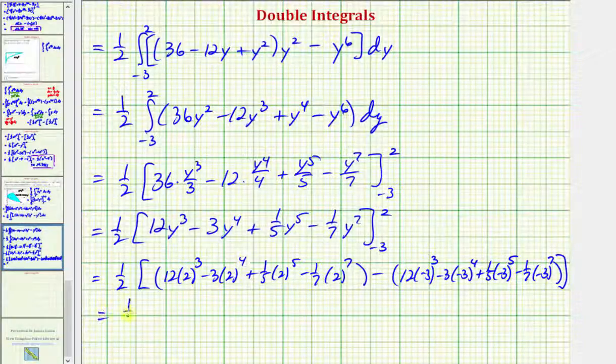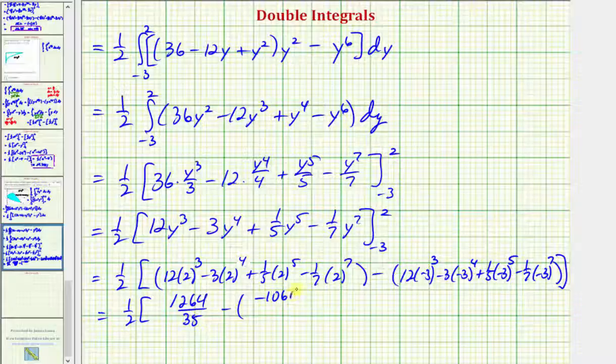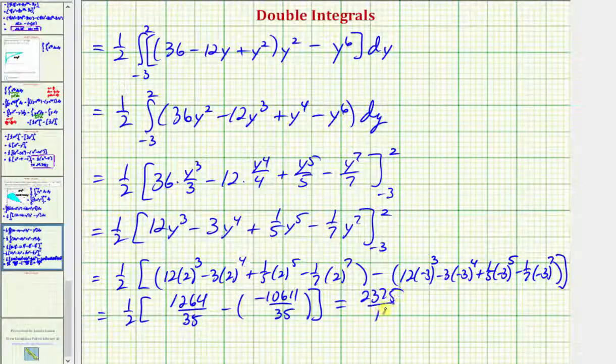This comes out to 1/2 times the quantity 1,264/35, and then we have minus negative 10,611/35. And then 1/2 times all of this comes out to 2,375/14, which as a decimal is approximately